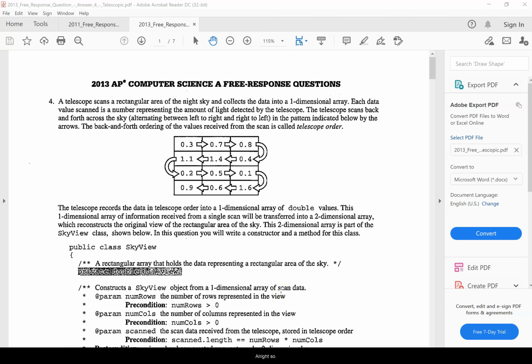All right, so this is the 2013 AP Computer Science A question number 4. It's a Skyview class program, but we're going to do it in C++ because I think it's a good program. It's nice and challenging for where we're at in this class. And if you're doing any sort of project, like the end of your capstone project, you might be using